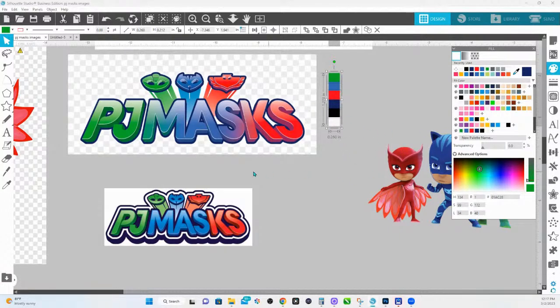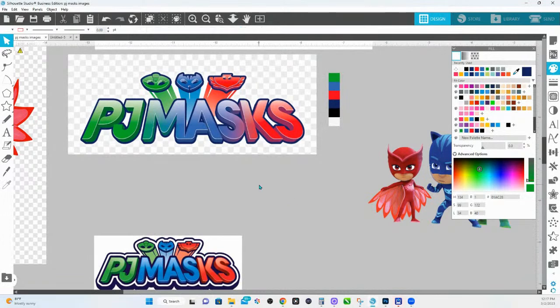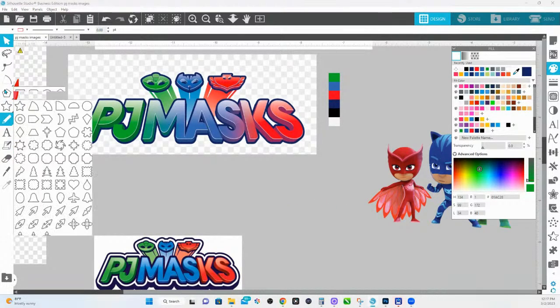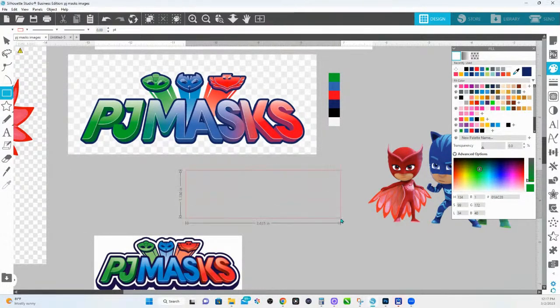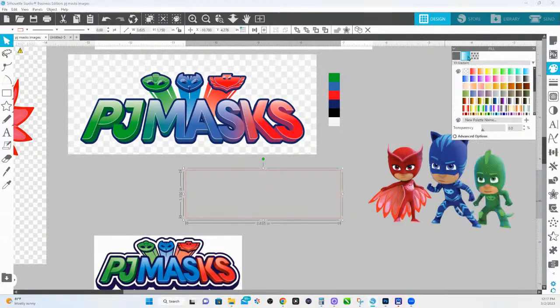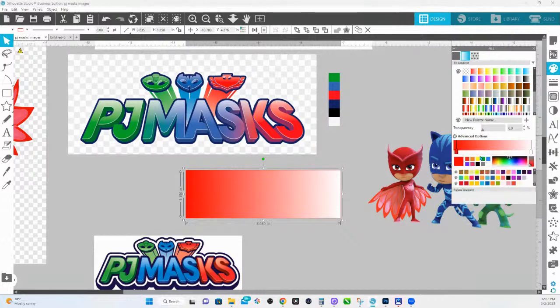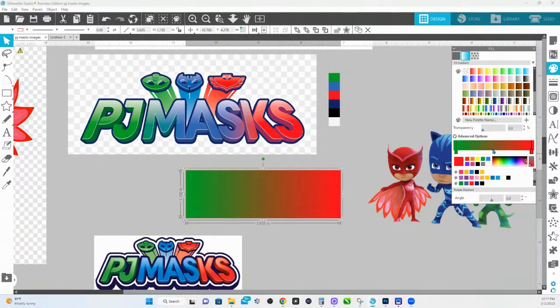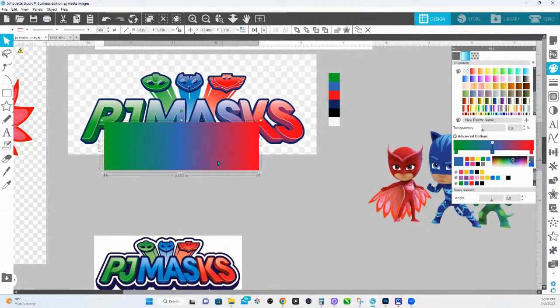Once they are added to the palette, I can now create my custom gradient. So I'm going to just make a box. I'm going to go over to my gradient. I'm going to choose any color. Doesn't matter which one it is or which gradient it is. I'm going to go down to advanced. That palette that I created is now at the bottom. So on that first one, we're going to add the green. On that last one, we're going to add the red. I'm going to find the middle somewhere, and I'm going to add that blue. I now have a gradient that matches